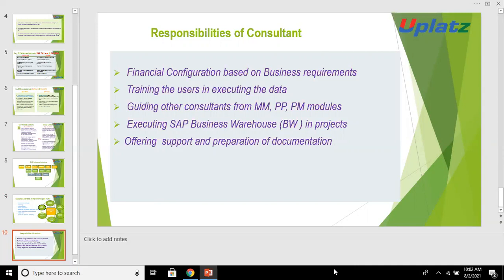So basically, if you're working as an SAP S4 consultant, what are the responsibilities in your project? It is financial configuration based on business requirements. As an SAP S4 HANA finance consultant, simple finance consultant, you have to maintain the total financial configuration, which is based on your business requirements, given to you in the BBP. BBP is the business blueprint. So based on the business blueprint, we maintain the financial configuration,